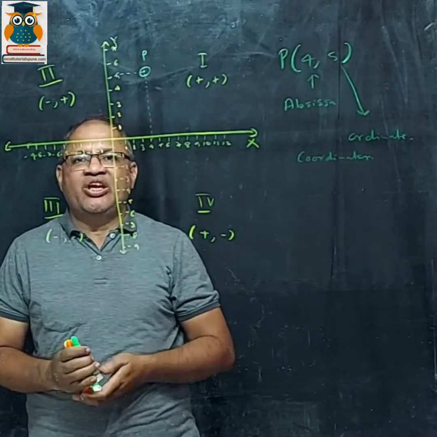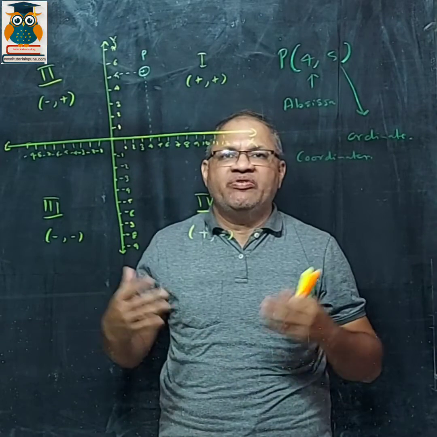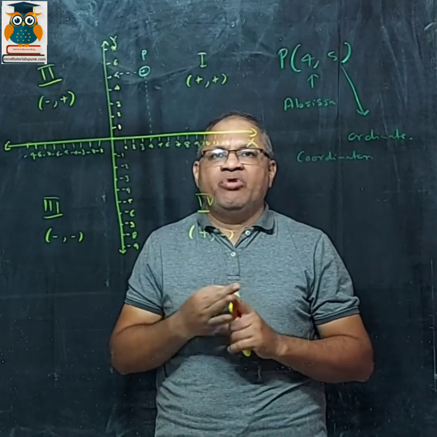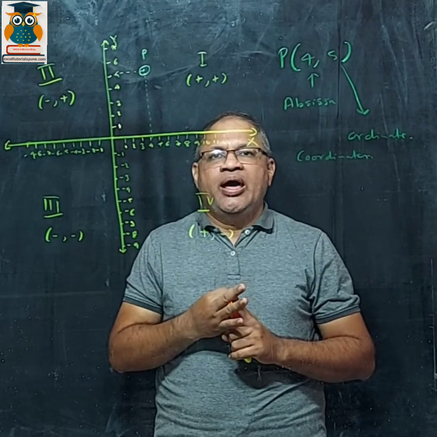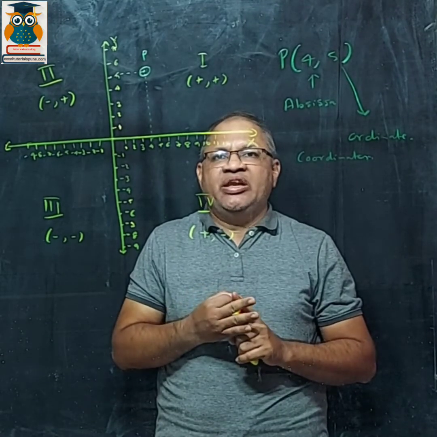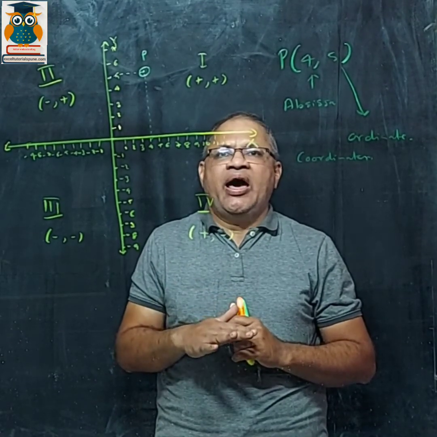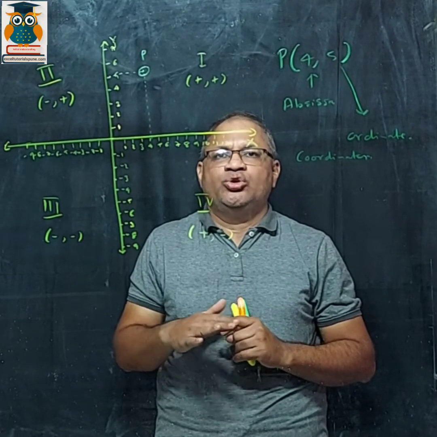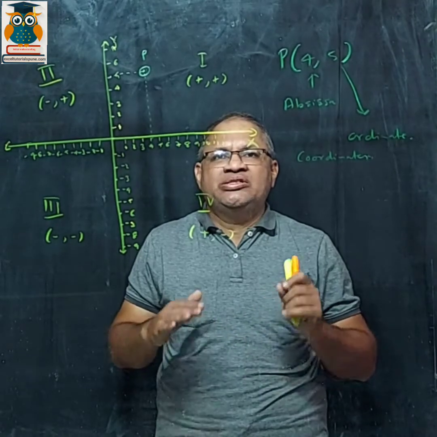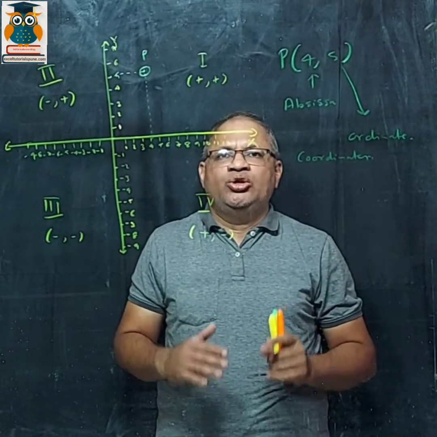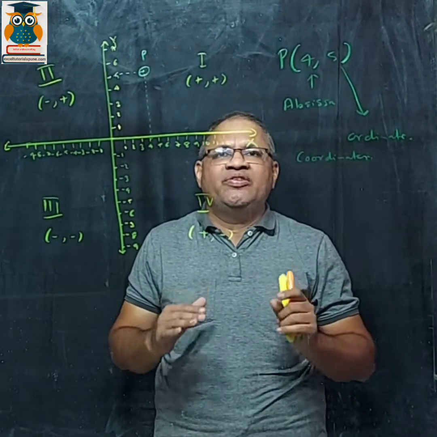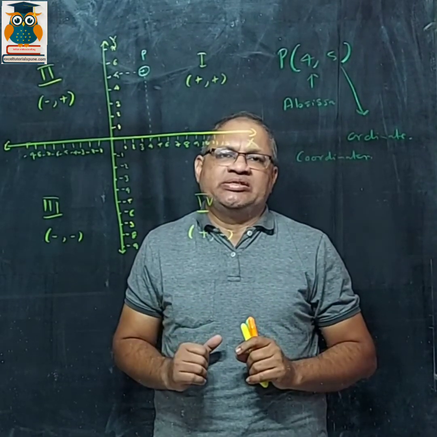Now what is reflection? This coordinate geometry chapter is divided into 3 parts. One is reflection, one is section formula, and one is equation of line. Now there are 15 sums we are going to solve, 5 of every lesson, and another 15 are given as homework. So you will have 10 sums of every lesson. If you do these 10 sums of every lesson, you have done this chapter thoroughly. We have covered all the different types of these 3 lessons.